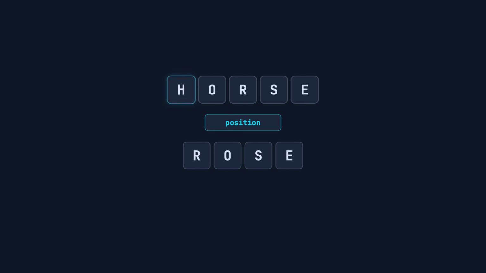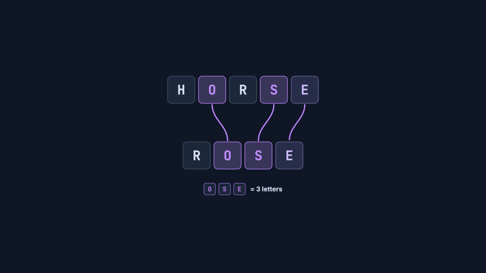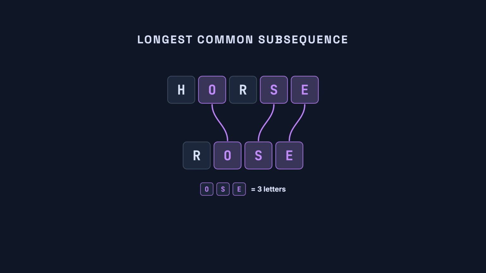A budget is one reason you'd need a second coordinate. Another is 2 words to compare. Take horse and rose. What's the longest sequence of letters that shows up in both, in the same order, not necessarily next to each other? Here you can keep O, S, E, 3 letters. This problem is called longest common subsequence, and it's similar to what your diff tool does when it compares 2